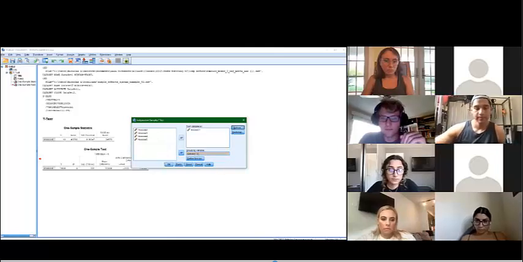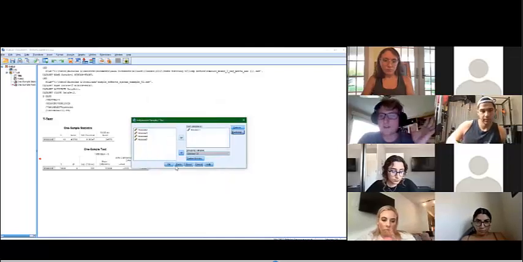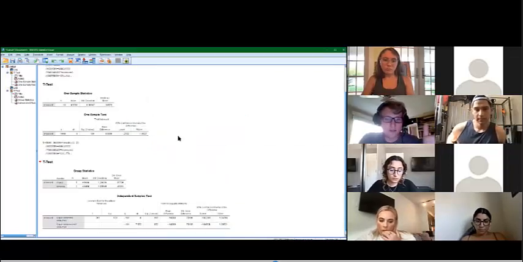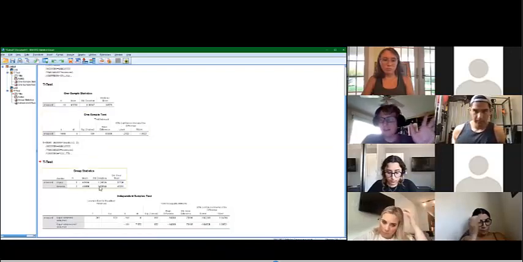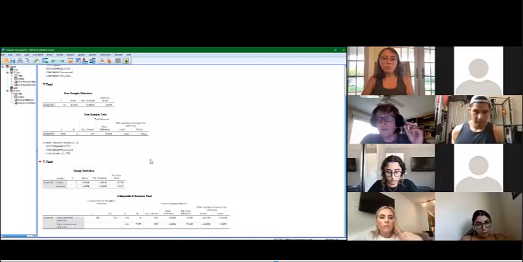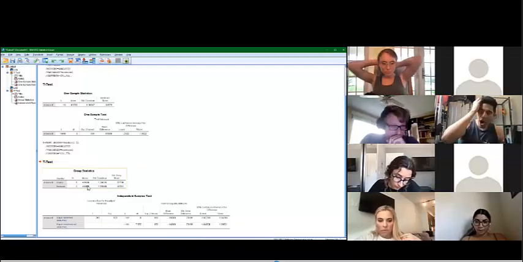I'll just leave that there. Bootstrap just brings up stuff you don't necessarily care about, so just don't. And then we've already defined the groups. So now here, it gives us the mean and standard deviation. So again, if you're trying to list out if things are significantly different or not, I would say